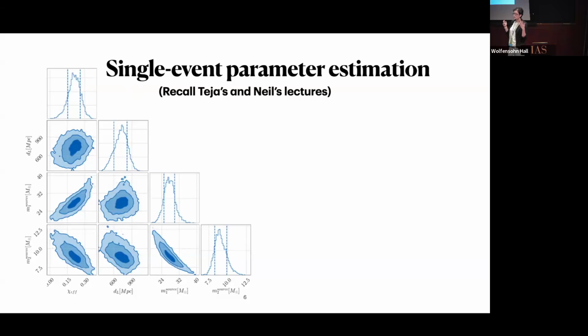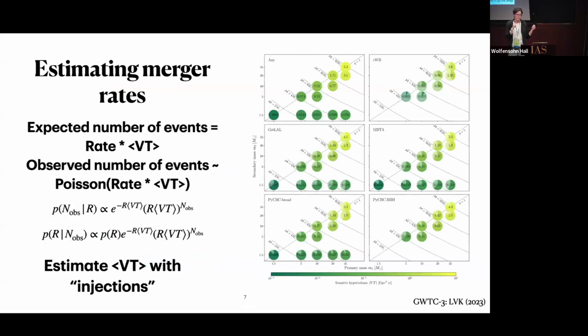So we can do this for an individual event. And also, if all you have is one event, how might you go about estimating the rate? This is not super relevant when we have 300 events, but sometimes we still have an event that we're maybe not sure is part of the population. So we still do this single event rate estimate, but it's also illustrative for the many event rate estimate.